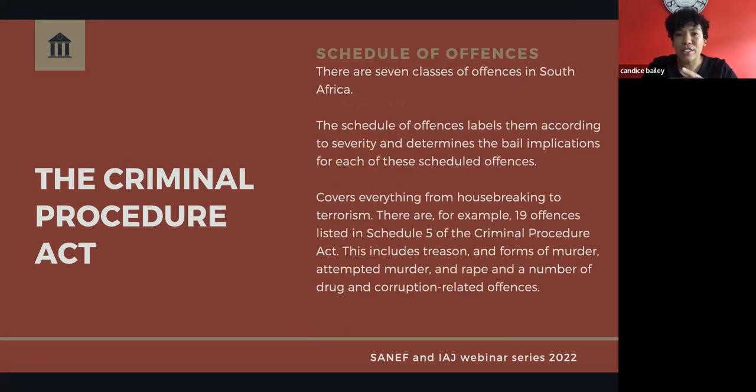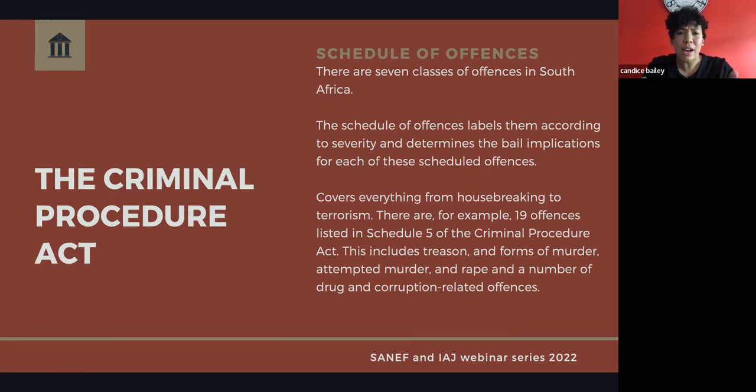Now, we heard about the schedule of offences very recently when it came to the Zandile Mhaga cases. Zandile Mhaga, the alleged parliament arsonist. And that's when we heard that he was facing a Schedule 6 offence. And we thought it might be interesting to talk to you a little bit about the schedule of offences and